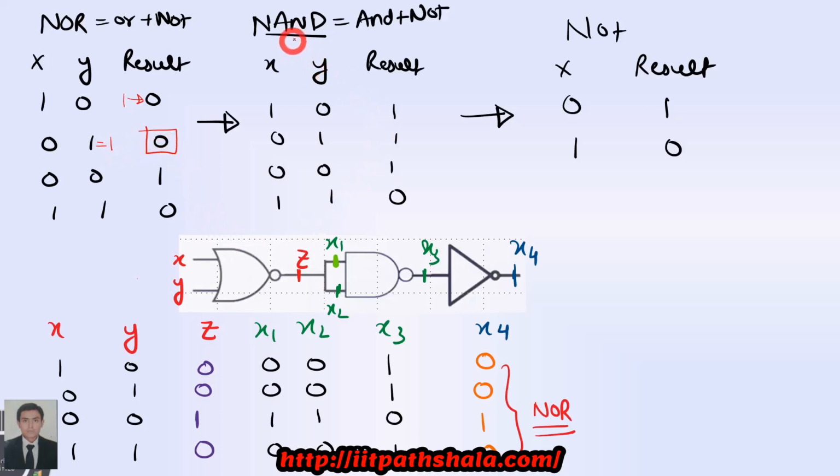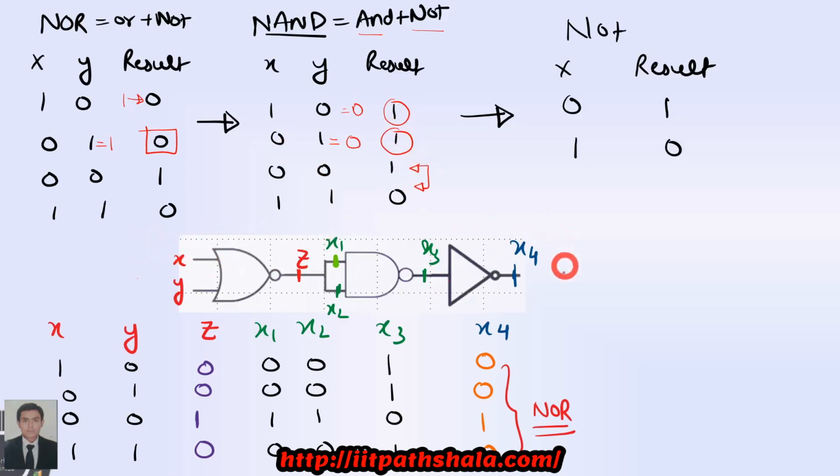Now let us talk about the NAND gate itself. Again, the NAND gate is nothing but the combination of AND and NOT gate. Whatever you're having from your AND gate, you are just negating that output. Okay, sorry, 1 multiply 0 is giving you a 0, so you are negating it, and you'll be getting a 1 over here. 0 multiply 1 is giving you a 0, so you are negating it, and you'll be having a 1 over here, and equivalently the other two outputs.